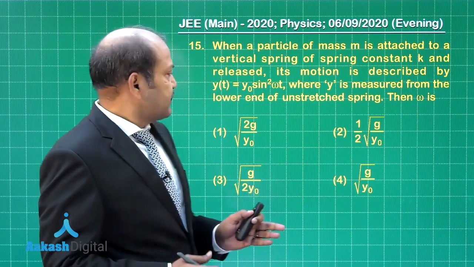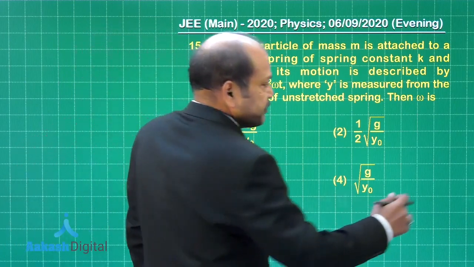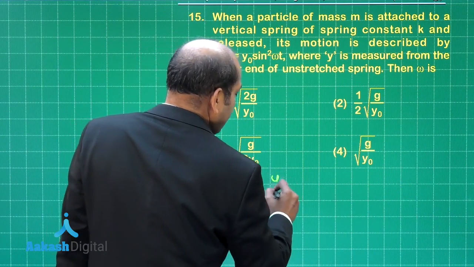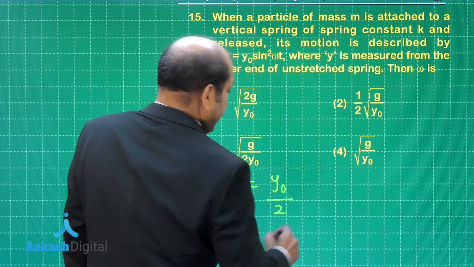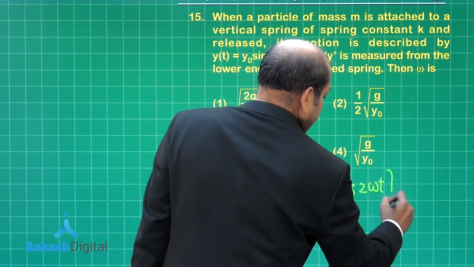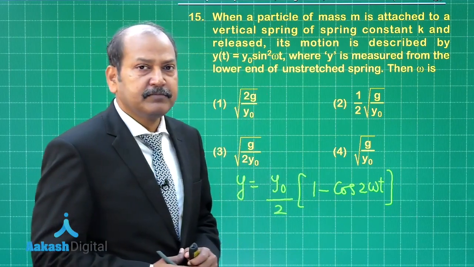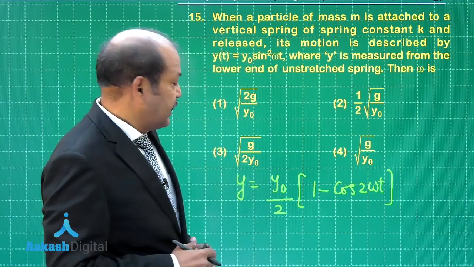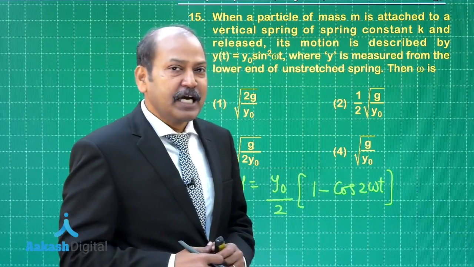So, first of all, we rewrite it using trigonometrical identities, and the expression for y can be written as y is equal to y naught divided by 2 into (1 minus cos 2 omega t). Using trigonometrical identities, we can rewrite this in this form. And it helps give us the expression for the angular frequency of the simple harmonic motion, and the angular frequency is 2 times omega.